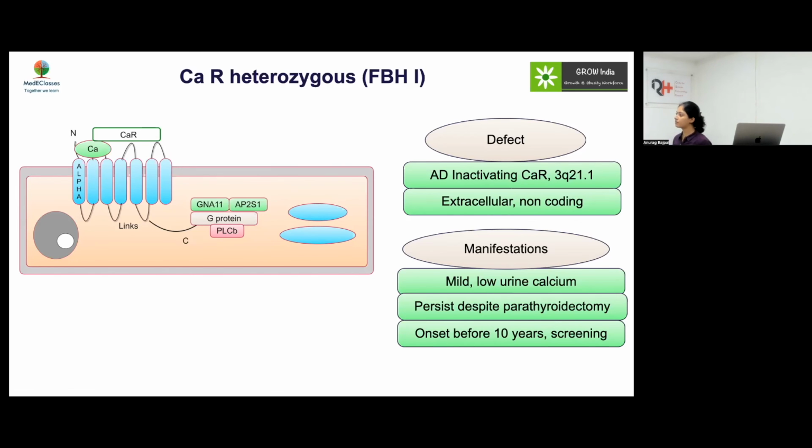So the important thing to identify this condition is, when you have a neonate presenting to you with severe hypercalcemia, get the urine and blood calcium checked in the parents. If both parents have hypercalcemia and hypocalciuria, you are most likely dealing with a compound heterozygous or a homozygous, a severe form where surgery and parathyroid removal is required. But if you are dealing with a situation where only the father has hypercalcemia and hypocalciuria and the mother is normal, this